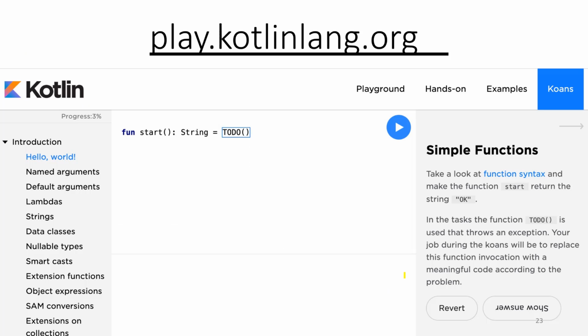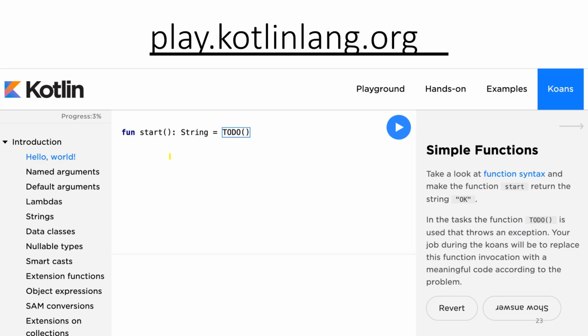Okay, there are many resources and help on the internet that you can use. One of them is play.kotlinlang.org. You can type your code here and run it online in real time. There are also some concepts and features, the building blocks of Kotlin.